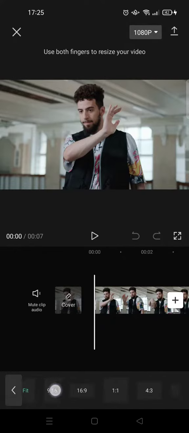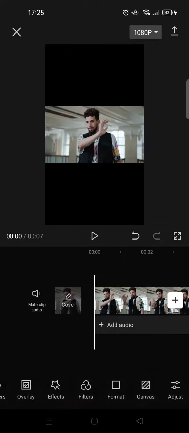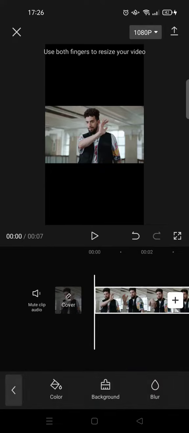9 by 16, 16 by 9, 1 by 1 or square, and there are also other options. So let's say that I want to change it into this 9 by 16. This is the format for TikTok video or Instagram, and then you can see now there is a black background around it. And if you want to change the background, you just need to click on the canvas,